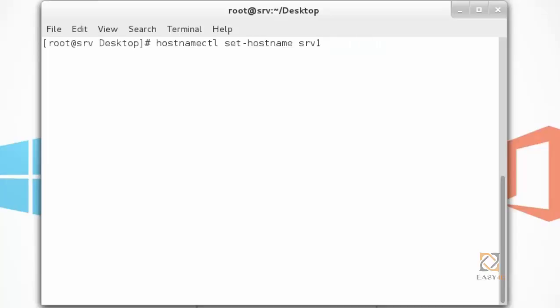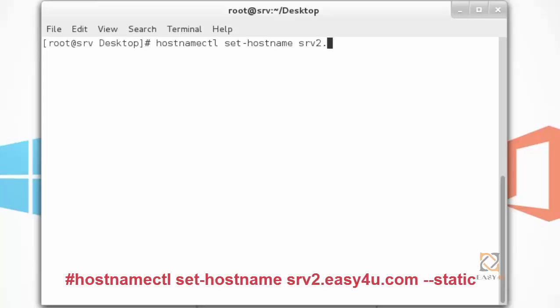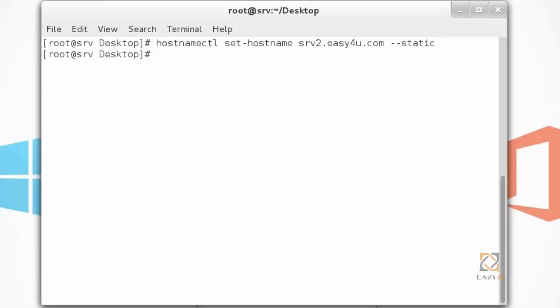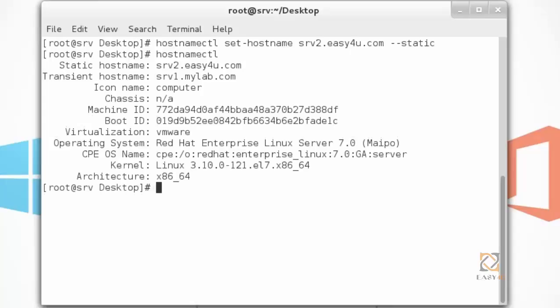To set the static hostname, you need to execute this command: hostnamectl set-hostname. Then type the hostname you want to set, srv2.easy4u.com, and then type the double hyphen static option. Then check the hostname by using this command.